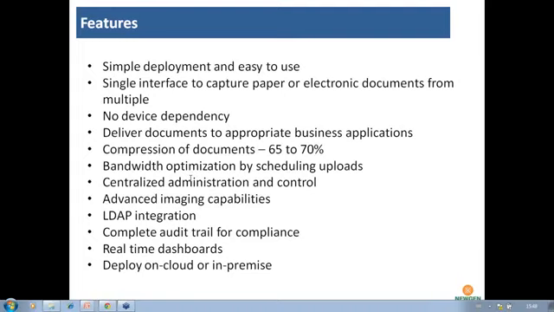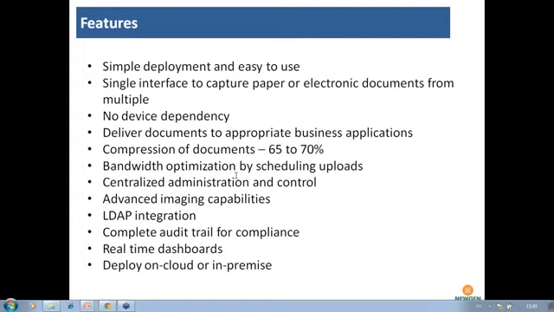The other is the implementation price, which depends upon the number of branches, processes, or capturing modes. For example, if you also want mobile, fax. If you can email me the scope, or we can interact over email, then we can give you more idea about the pricing.